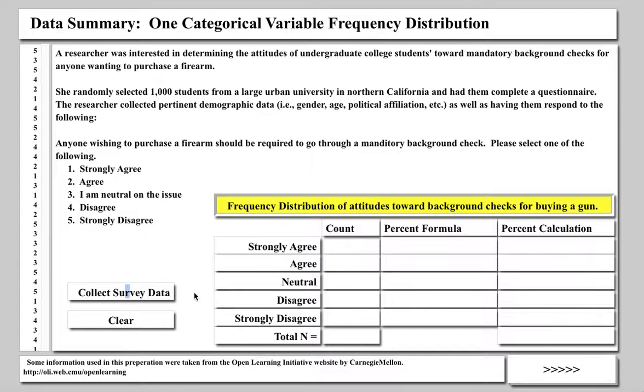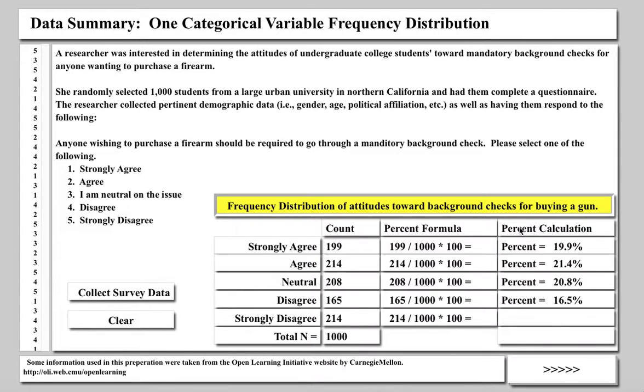Okay, we have another 1,000 surveyed, and let's get the count here. And we'll do the percent formula. Okay, our percentages are pretty much the same. They hover about 20% in each category. This one is a little lower. Okay, well, this is just to give you a quick down and dirty way of taking a look at,